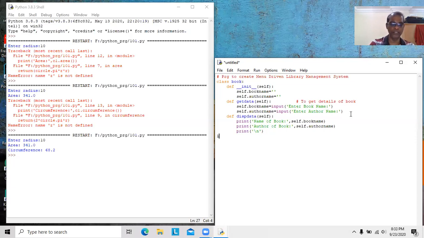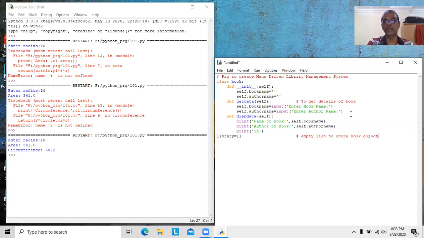Here I would like to create one list. This is the empty list, to store class objects, that is book objects.